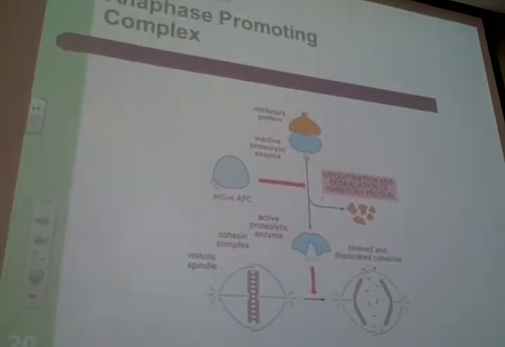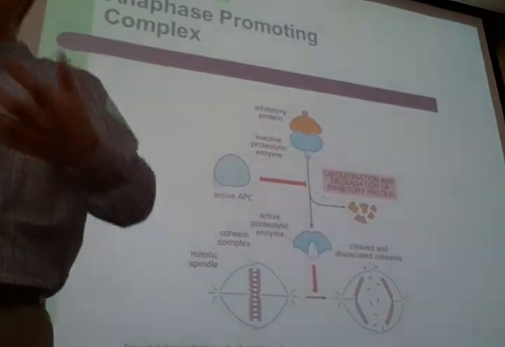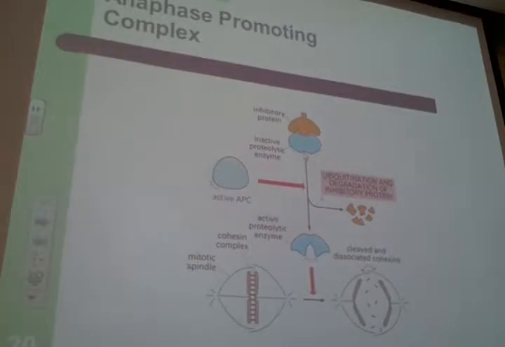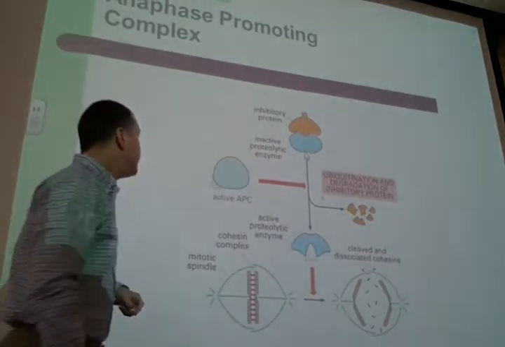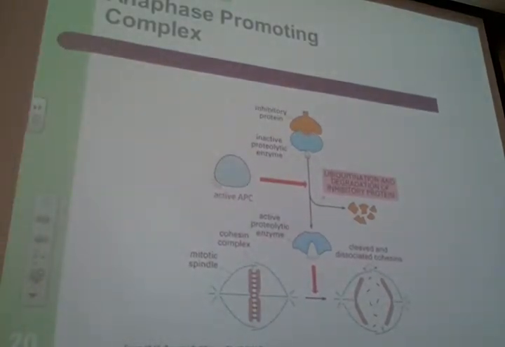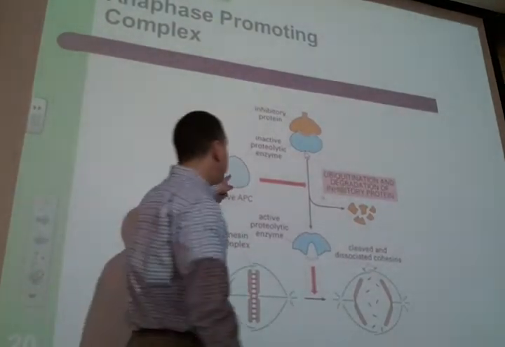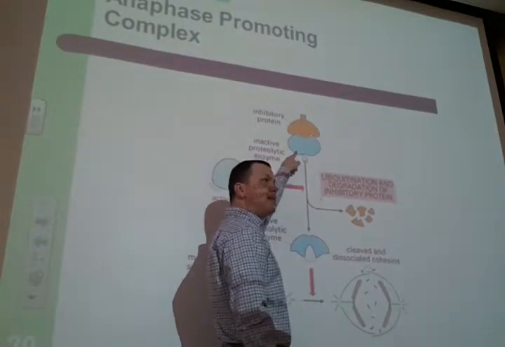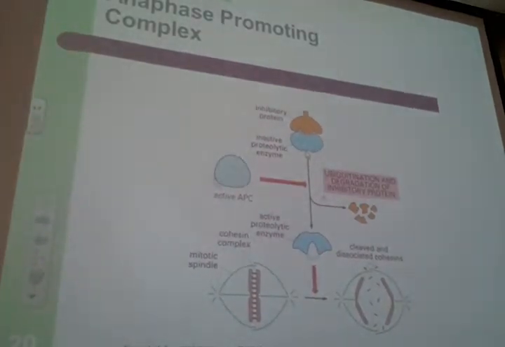Well, the first thing that needs to happen, if we're going to pull apart the two copies, remember the two copies are essentially glued together by that cohesin protein. So the first thing we want to do, if we want to pull those two copies apart, we're going to break down that cohesin, that glue. That is the job of the anaphase promoting complex, the APC. That is yet another target of the M-cyclin MCDK complex, is to activate the anaphase promoting complex, which in turn activates this proteolytic enzyme, whose job is to break down all of that cohesin in between every single